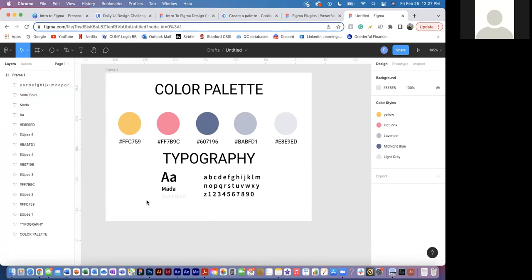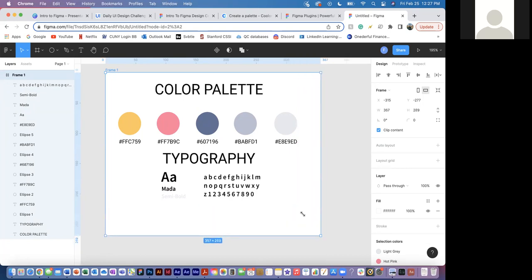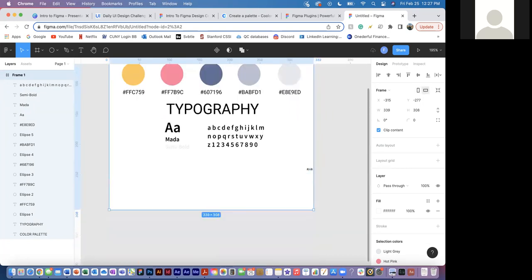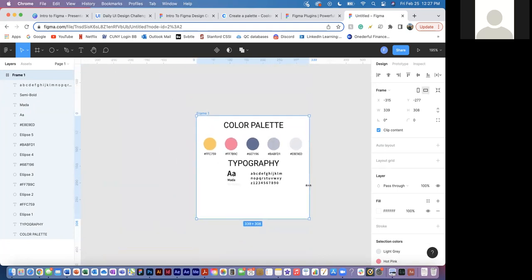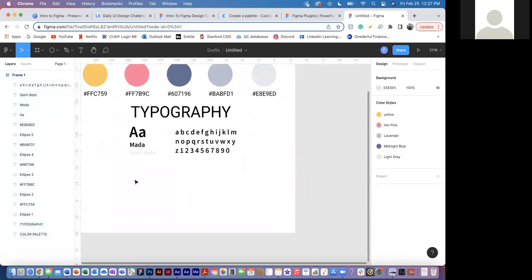So as you can see, I don't have much room left here. So what I want you guys to do if you're in the same situation as me is click frame, and over here you can adjust the size. So you can make it longer, wider, whatever you want. So I'm going to make it a little bit longer so I can put another